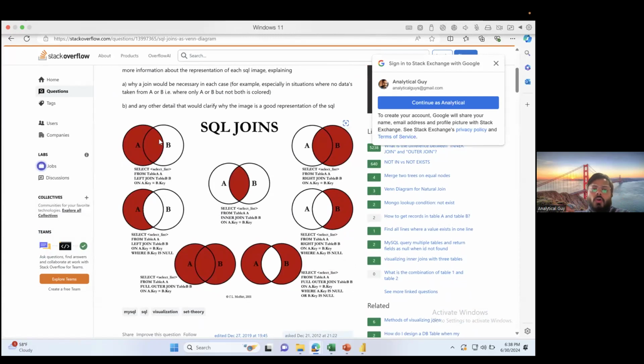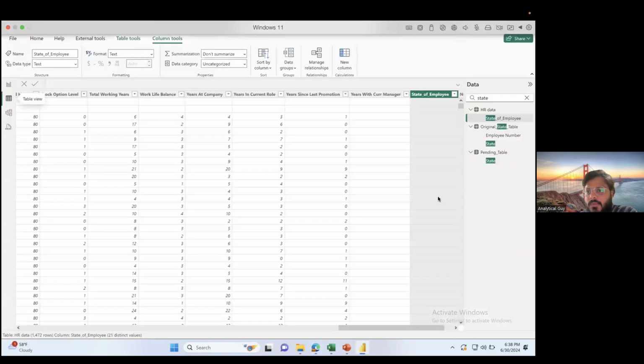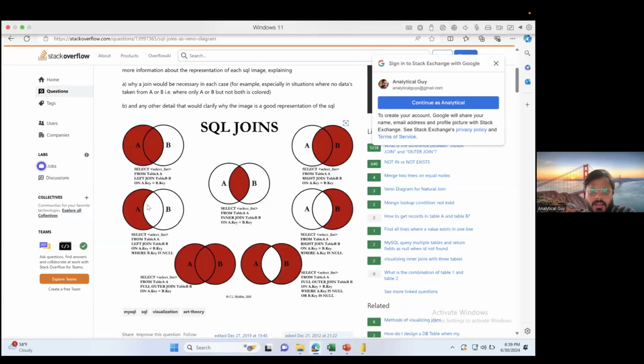So all these A and Bs are tables. For example, in our case, we had the HR data table, and we had the original state table, right? So these are the two tables. You can say HR data is A, original state table is B, right? So we have A and B in everything. So if you see here,